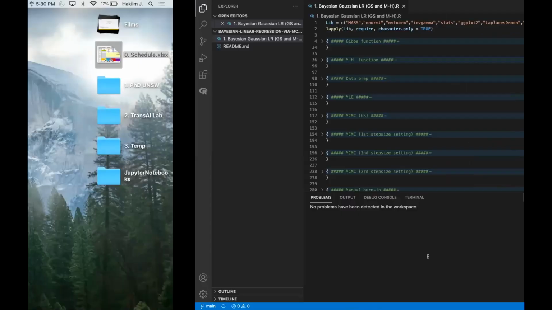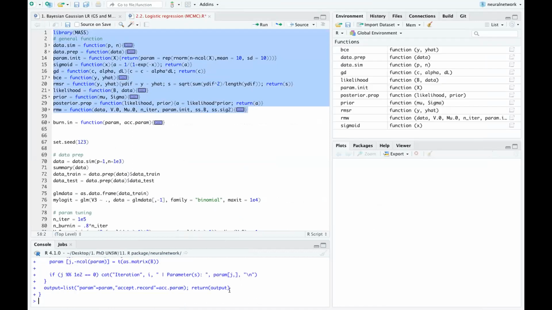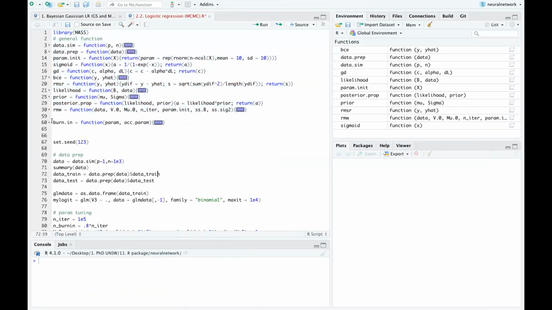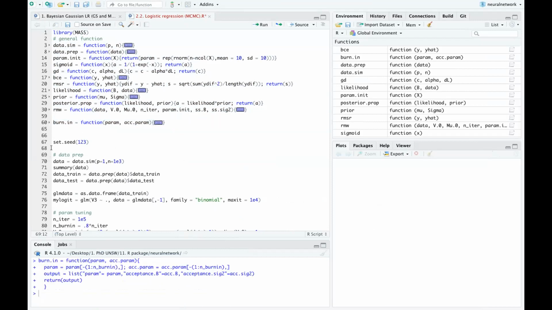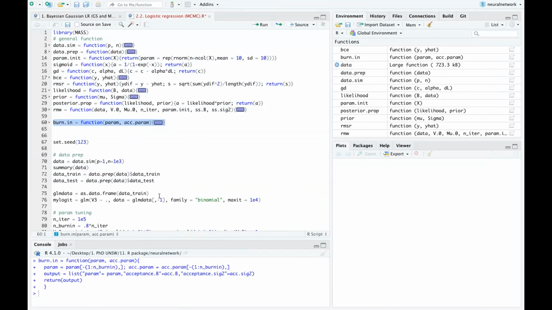Normally, when I work in R, I like to run some lines of a function separately. For example, I want to run this function separately. So is there any way that I can run certain lines in VS Code?